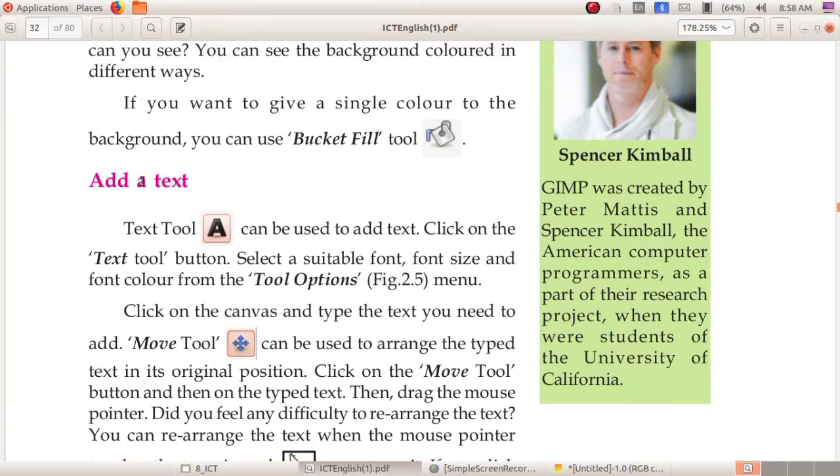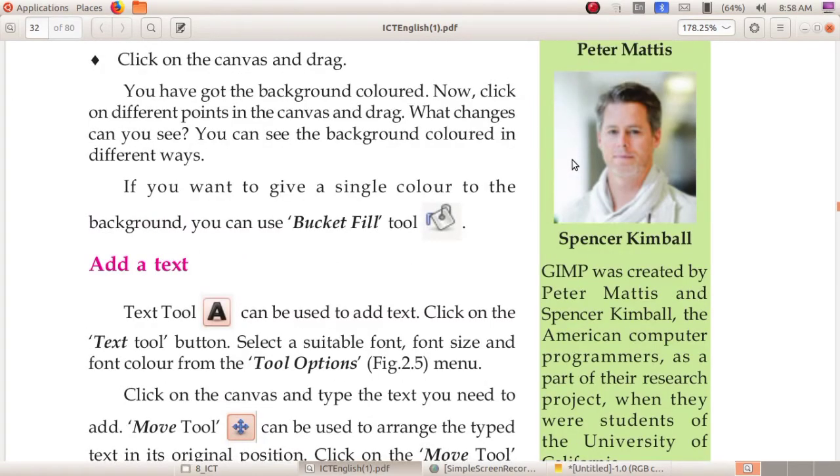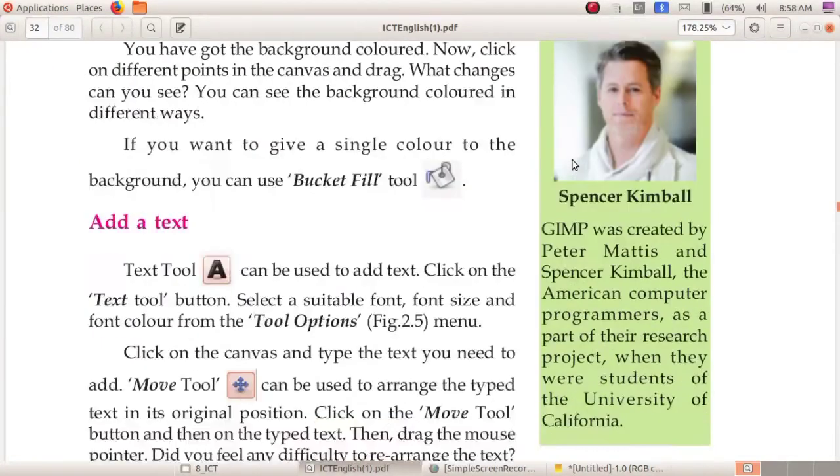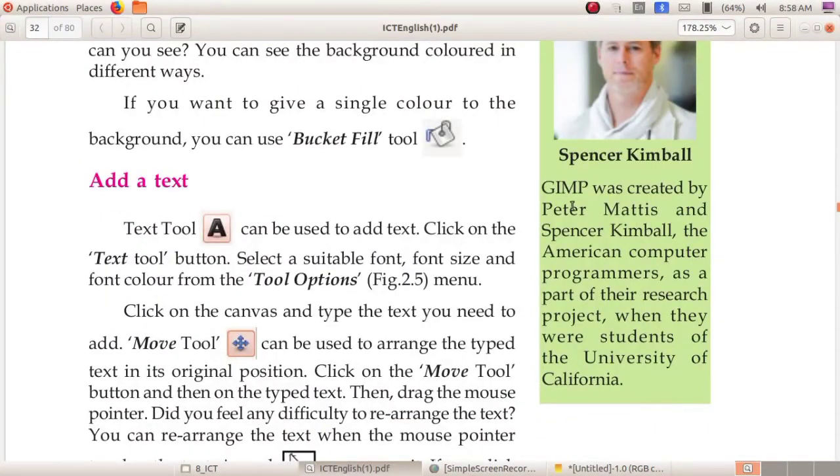In the next step, we are going to know two persons, Spencer Kimball and Peter Mattis. GIMP was created by Peter Mattis and Spencer Kimball, the American programmers. As a part of their research, they were students of the University of California.